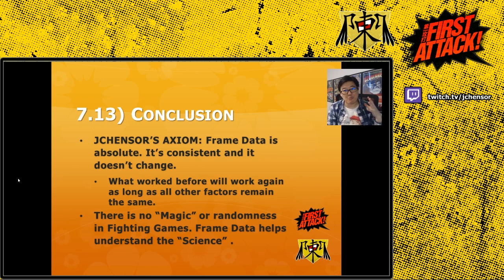Again, there's no magic or randomness in fighting games unless the game purposely puts randomization in there, such as a character like Faust. In Guilty Gear, he has a move where he throws an item out and the item comes out "random." And I only put that in quotes because I'm a programmer. Computers can't actually be random, but that's a tangent for another day. But outside of those situations where the developers intentionally try to make something random, everything is going to be consistent